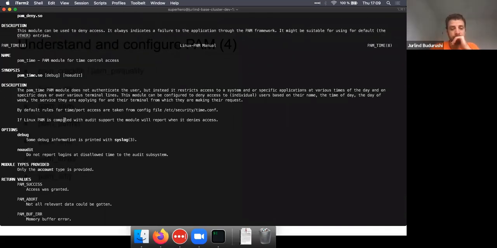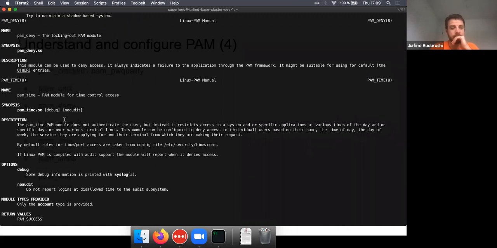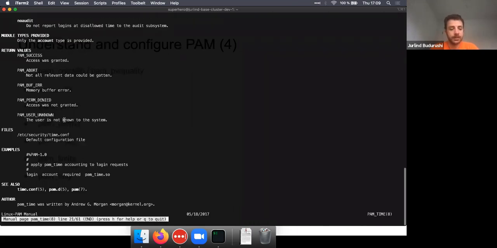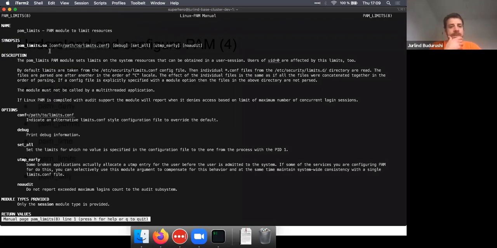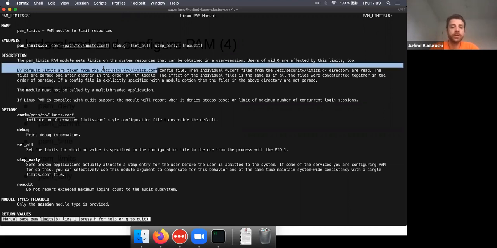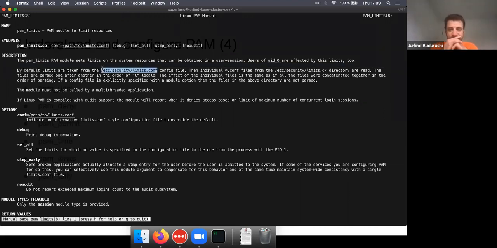So what else is here to say? So yeah, that's it actually. And we have also limits, and limits is also interesting because limits says that it limits the resources. By default, limits are taken from the limits configuration file. So you need actually to configure those limits into the limits configuration file, and we can have a look in there. But you have also individual ones,